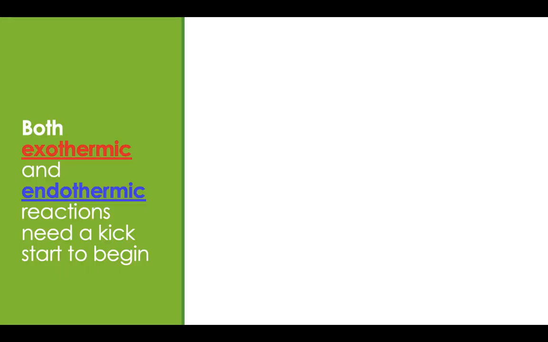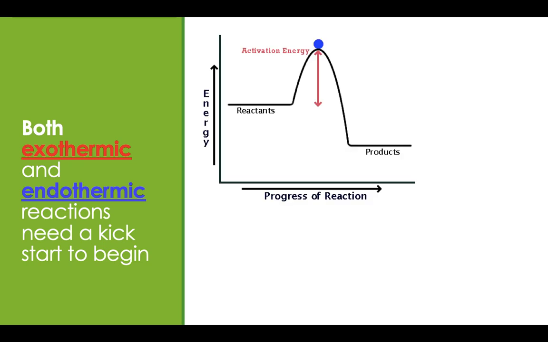So, since both exothermic and endothermic reactions need a kickstart to begin, our energy profile diagram will look somewhat like this for an exothermic reaction. Reactants will first absorb some energy, and then energy will be released to form products. And this will be an exothermic reaction. So you can see the energy that was absorbed to kickstart will be less than the energy that was released,